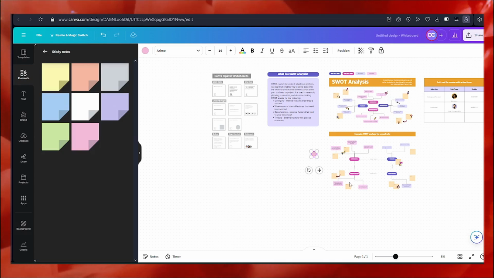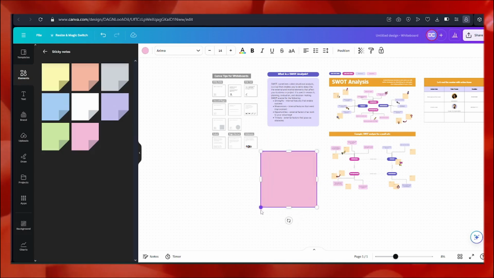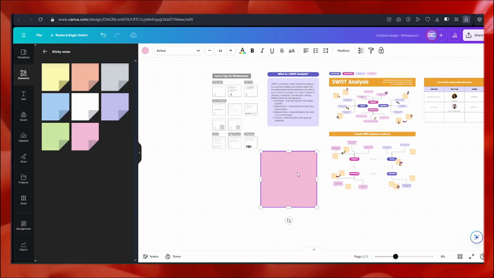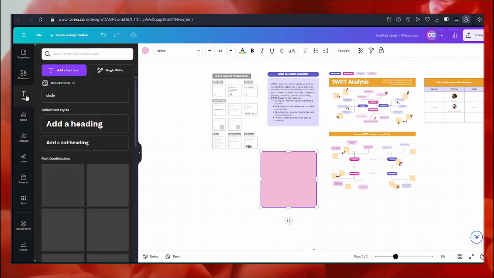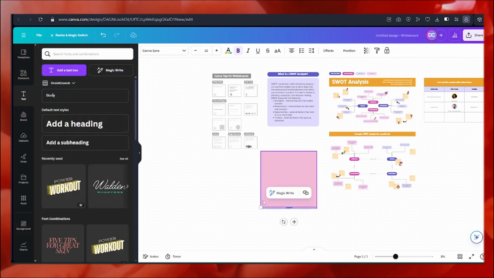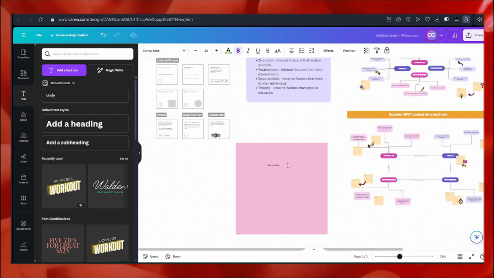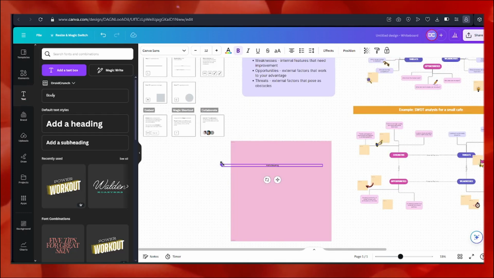What you can do now with the sticky note is basically you can zoom in and zoom out as per your choice, and simply add headings to it and additional information that you wish to add. Like I will be adding a heading to it. From here, from the text section, I can simply add a heading, and this is where I've got this option. I can increase the size of it.